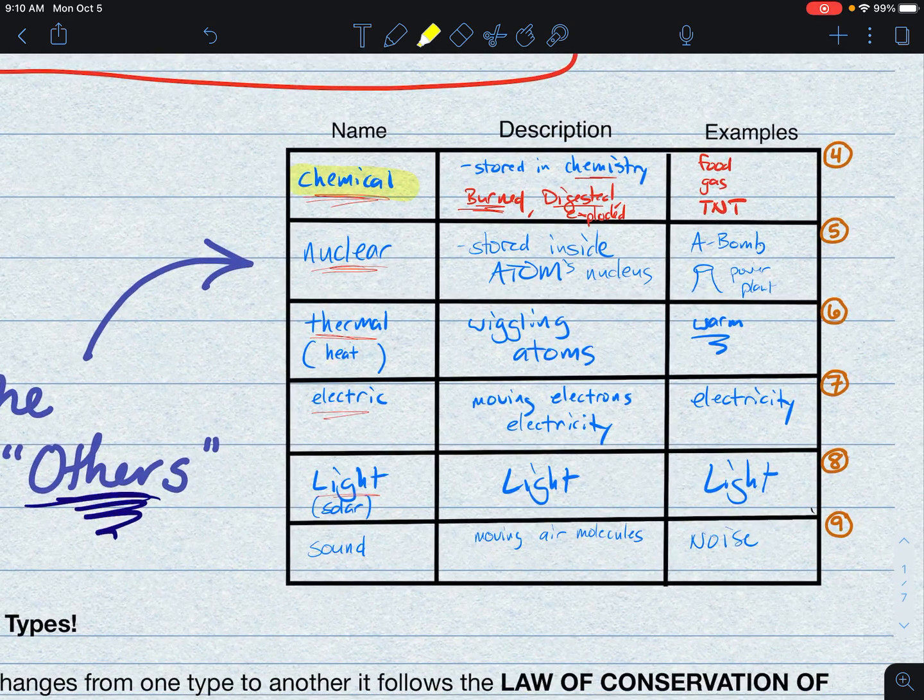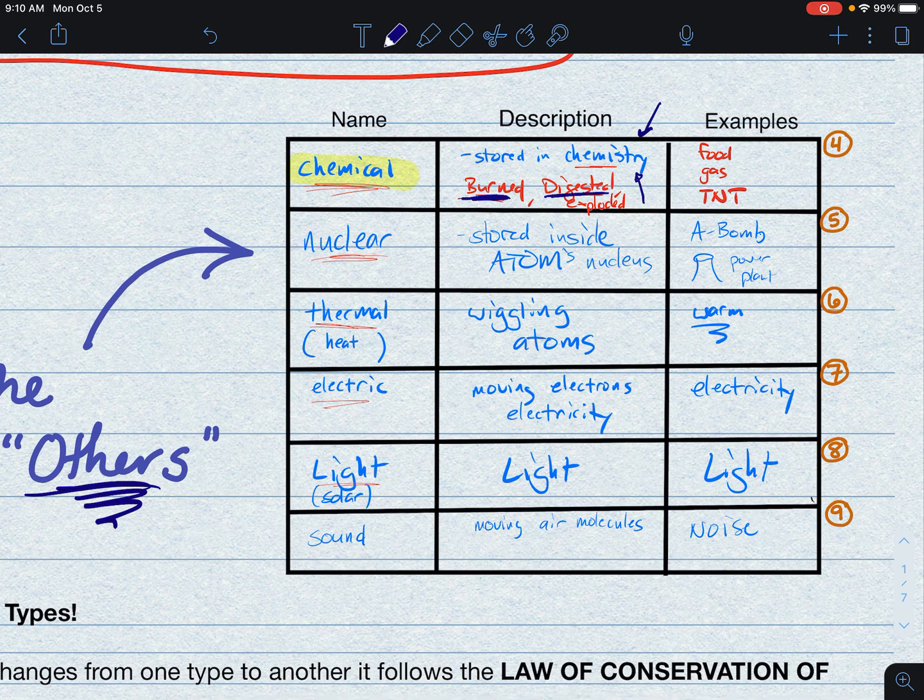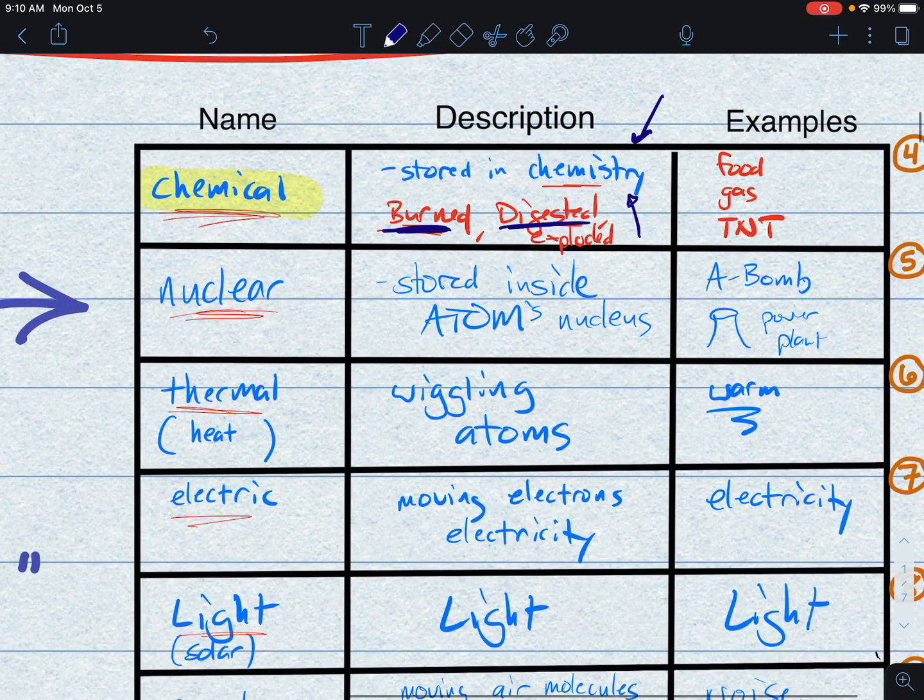So we talk about chemical energy. Oftentimes we'll measure this in calories. These are going to be energies that are stored inside the chemistry of the atom itself. So sugar has a lot of chemical energy because you can burn it or you can digest it. You can get the calories out of food, but you can't do this with your hands, right? Like if I said, hey, I want you to take that piece of paper right there and make it more calorically dense, give it more chemical energy. You can't do that. There are ways to do this, but you can't.